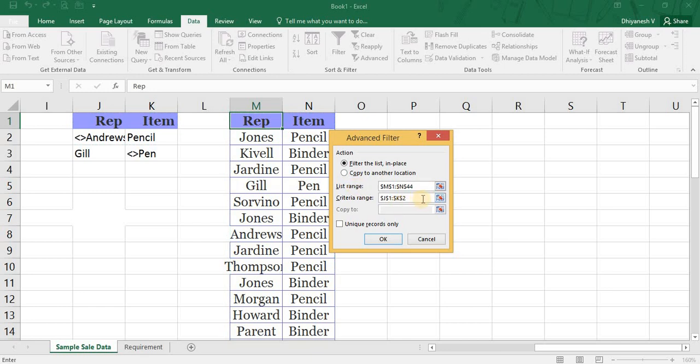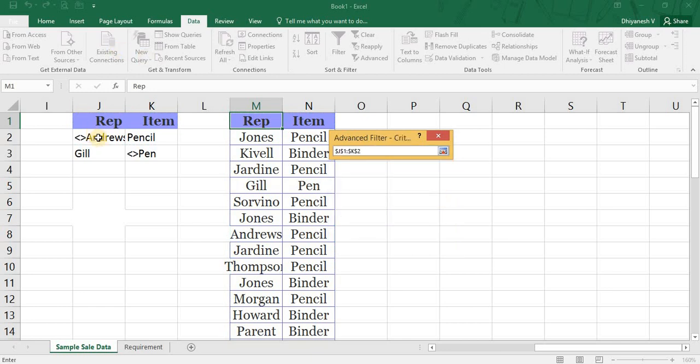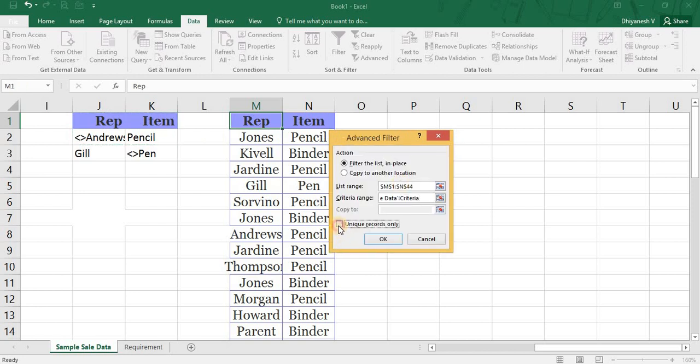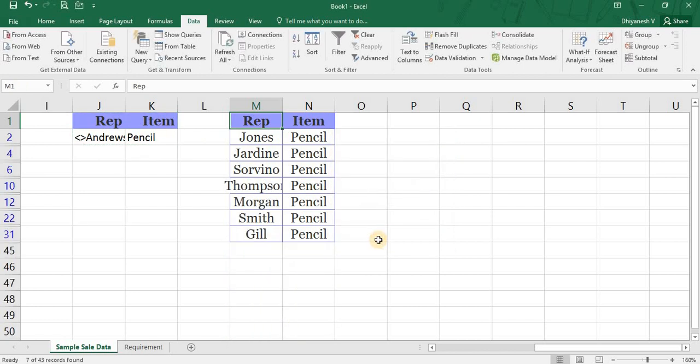This is the criteria as we mentioned, pencil and not equal to Andrews, and I want only unique records. So if I select OK, only one Jones pencil will come, only one Jordan pencil will come, only one Bill pencil will come.